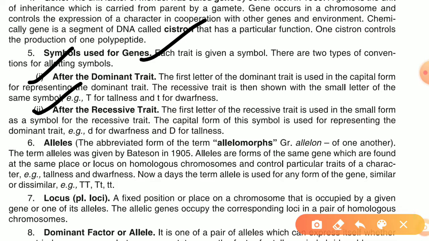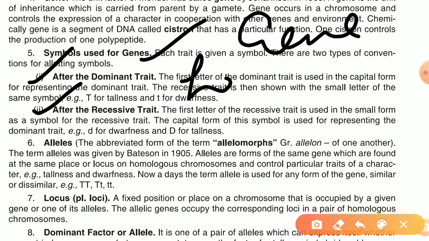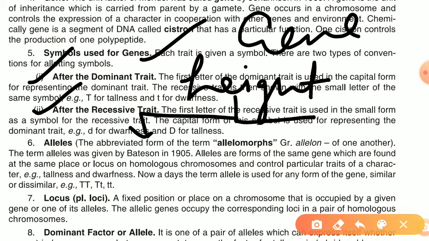जैसे suppose we are talking about the gene which control height. कौन सा जीन के बारे में बात कर रहे हैं हम? We are talking about the gene which control height. So we can have two type of height. A person can have any one of the two type of height. एक होती है tall height और एक होती है dwarf height, छोटी हाइट, शॉर्ट हाइट.